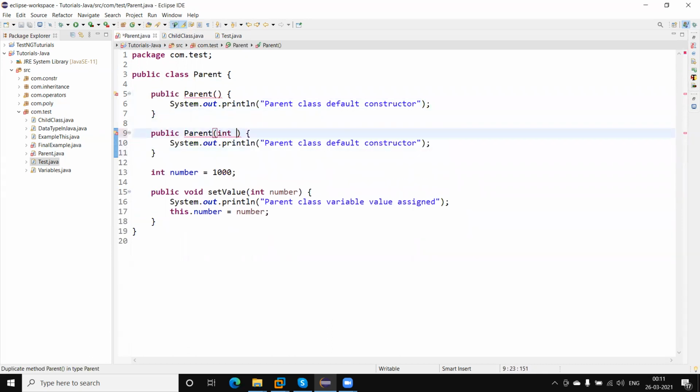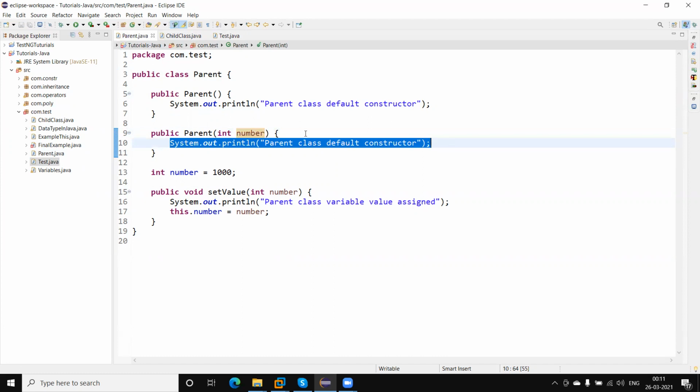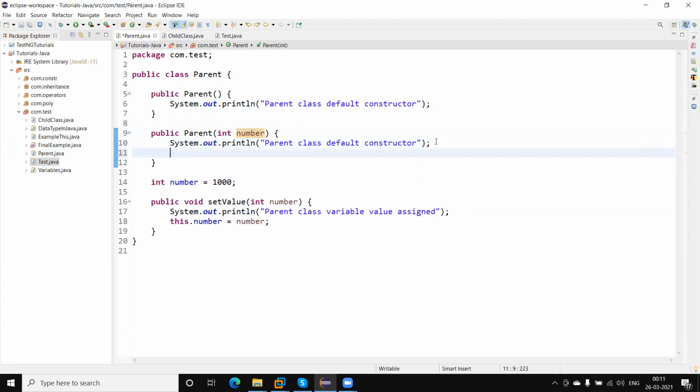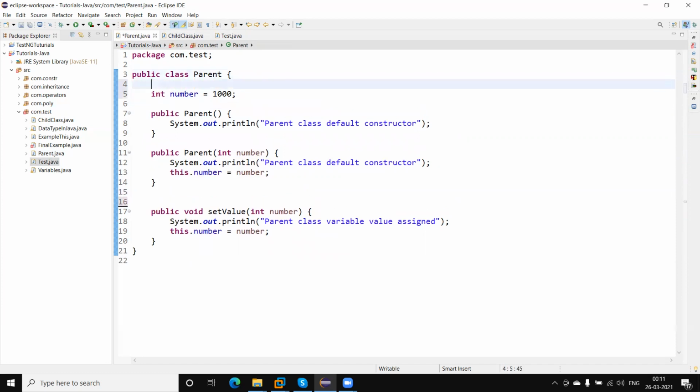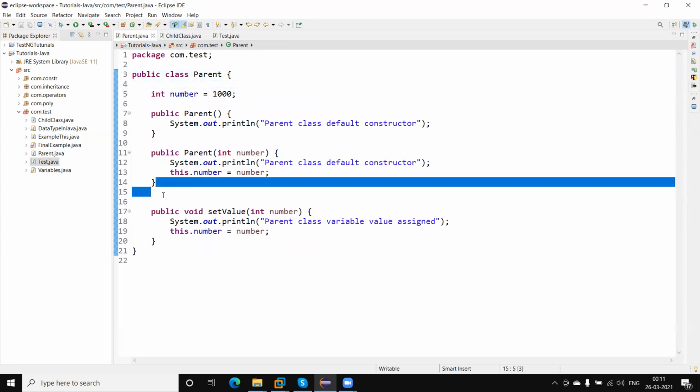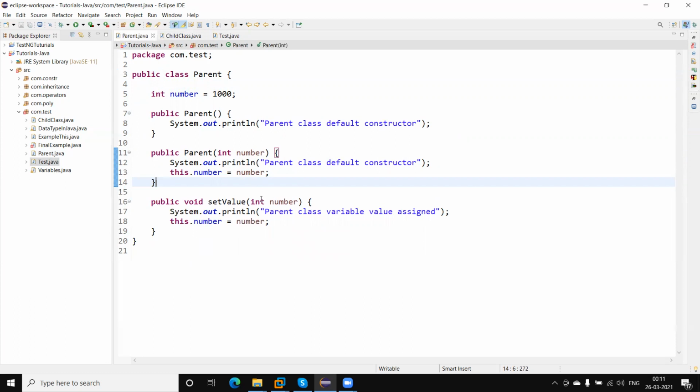Here I will pass an integer, number. Here I can use this dot number equal to number. So I have created two constructors.